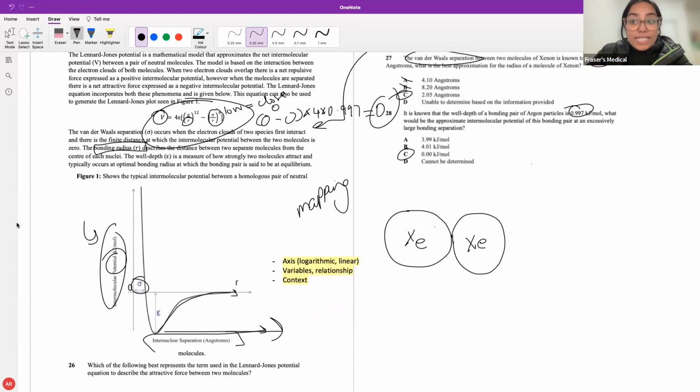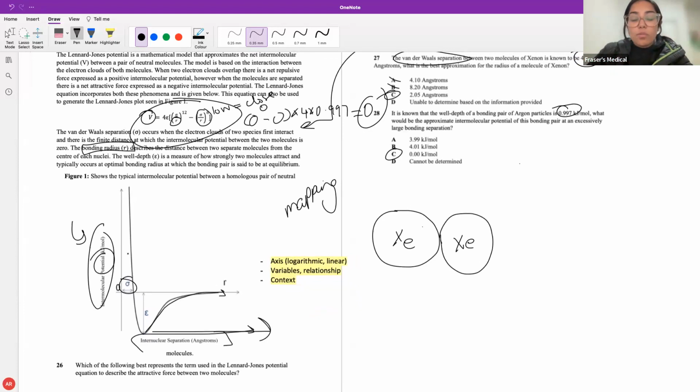Are there any questions about the stem that you would like to discuss? Otherwise, what else would you like me to chat about? I was going to go into micro strategies a little bit. So when we have a look at graphs, this is what we look at. When we have a look at tables, what do we look at? When we have a look at formulas, what do we look at? I was going to go into that sort of thing. Would you find that helpful, or what do you guys think? Or we can just do some general questions and answers.